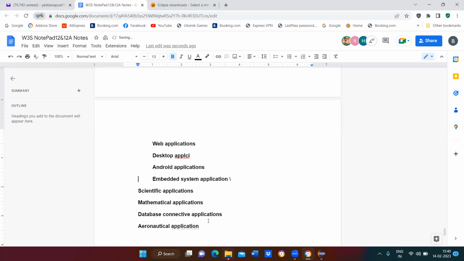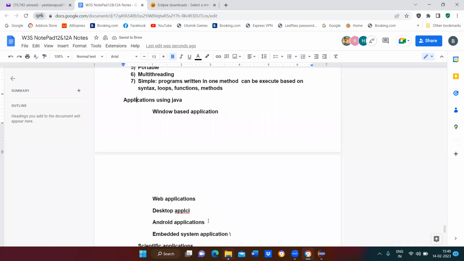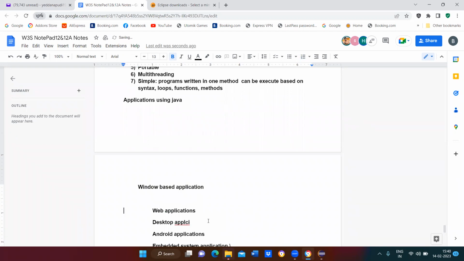So these are all the different kinds of applications which you can design using Java.